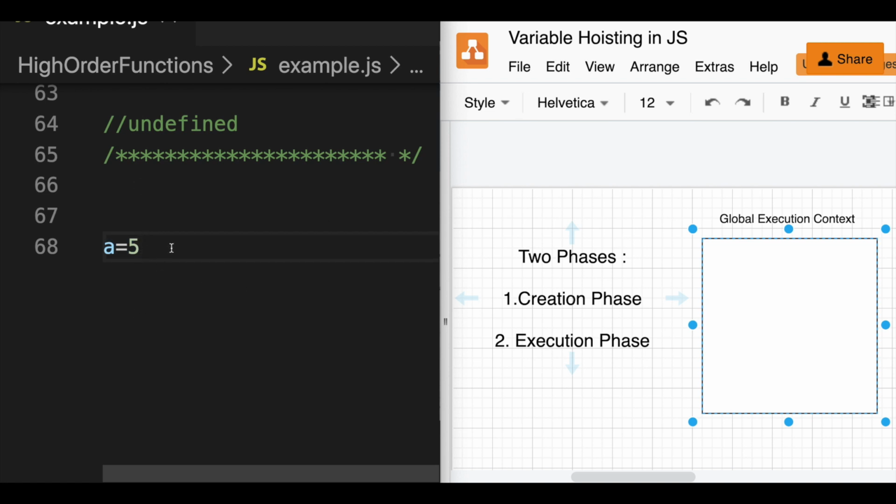JS is a bit lenient in this: when you assign something to a variable, it creates memory for you in the execution phase. So the variable is created with the value of 5, but it happens in my execution phase. This is a slight difference: when you assign a variable without declaring it, JS leniently creates it during the execution phase of the runtime.